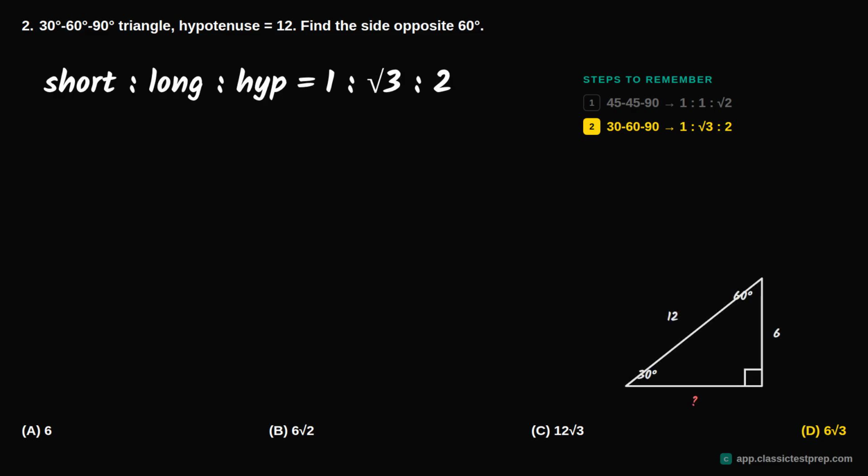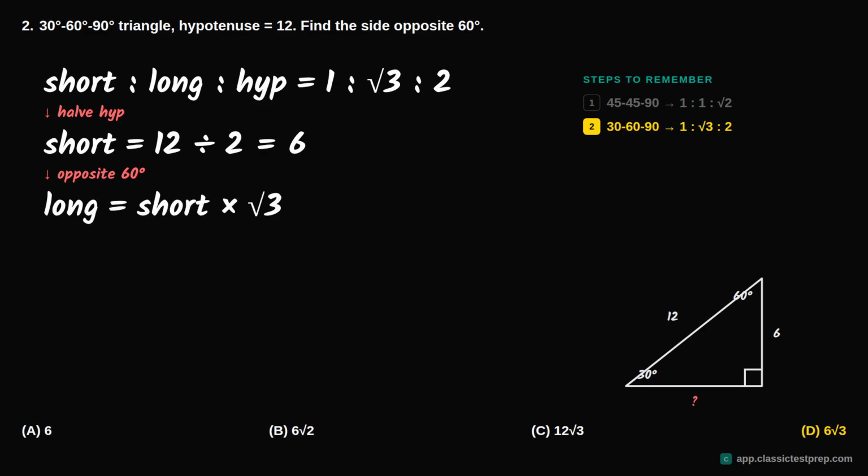Question 2, a 30, 60, 90 triangle has a hypotenuse of 12. Find the side opposite the 60-degree angle. So the second kind of triangle is the 30, 60, 90 triangle, and that has a ratio of 1 to the square root of 3 to 2. First, we have the hypotenuse to get the short side, so 12 over 2 is 6,